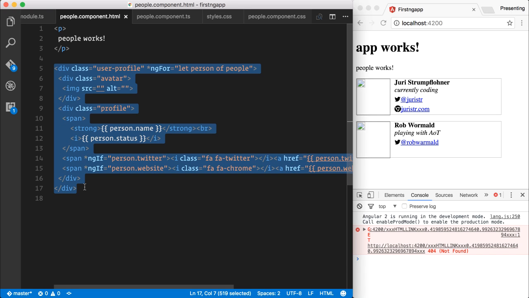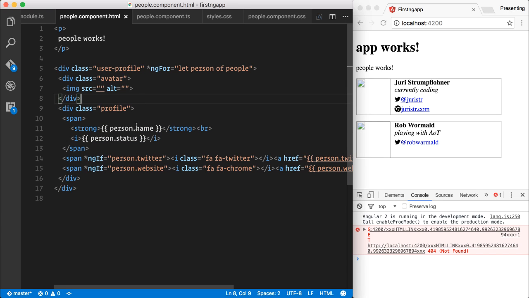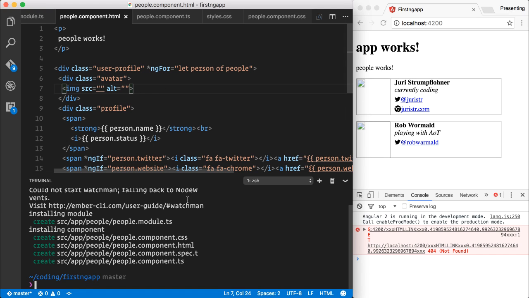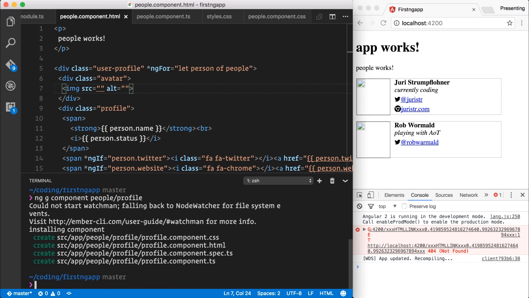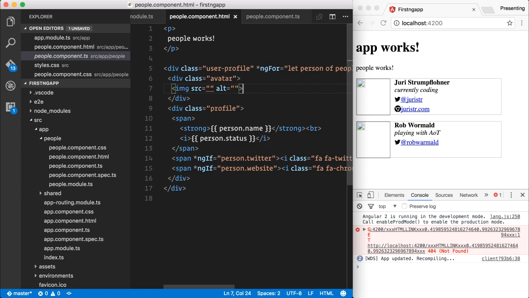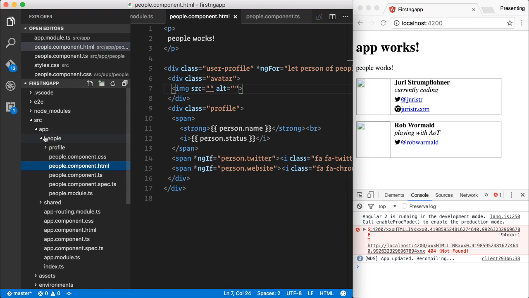Great, so you see now we have already quite some HTML code here created. So this is a perfect moment for refactoring this into its own component. So again, let's fire up our terminal window here and use the CLI again. ng g component people/profile, and let's call it profile. So within that people module, we now create a profile component. As you can see, we don't create another module because that's not needed, because this is simply another component